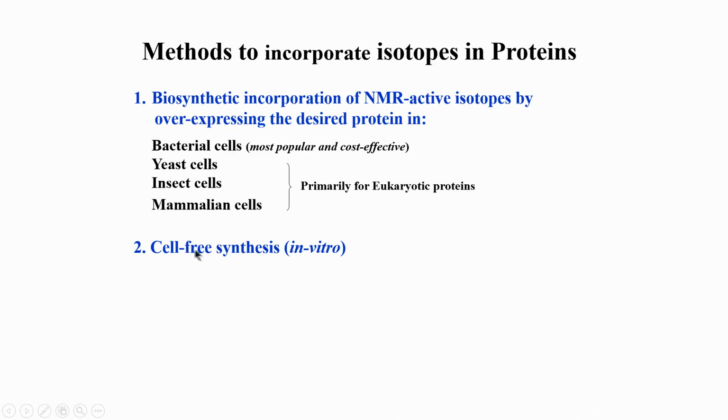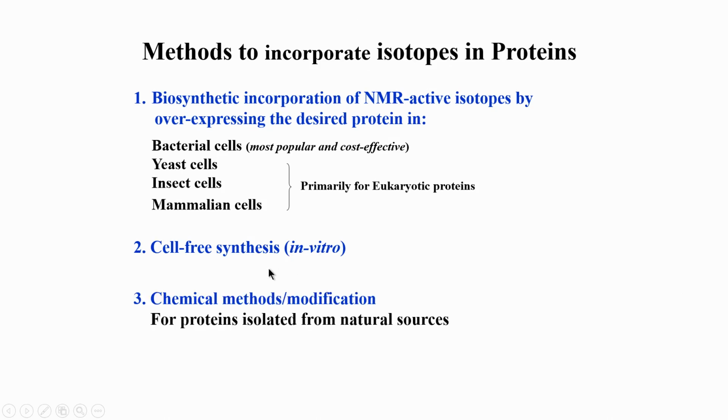Now, what is the advantage of this? The advantages are many. For example, many proteins are not possible to express in bacterial cells, because they may be toxic to the cell and so on. In such cases, I can simply go outside the cell and take the machinery. Of course, I need those enzymes which are needed to convert DNA to RNA, I need those enzymes which convert RNA to protein, I need ribosomes, all those basic things, but that can be obtained and mixed together, and without actually a living cell, we can do that. So, that is the concept of cell free synthesis, again very popular for those types of proteins.